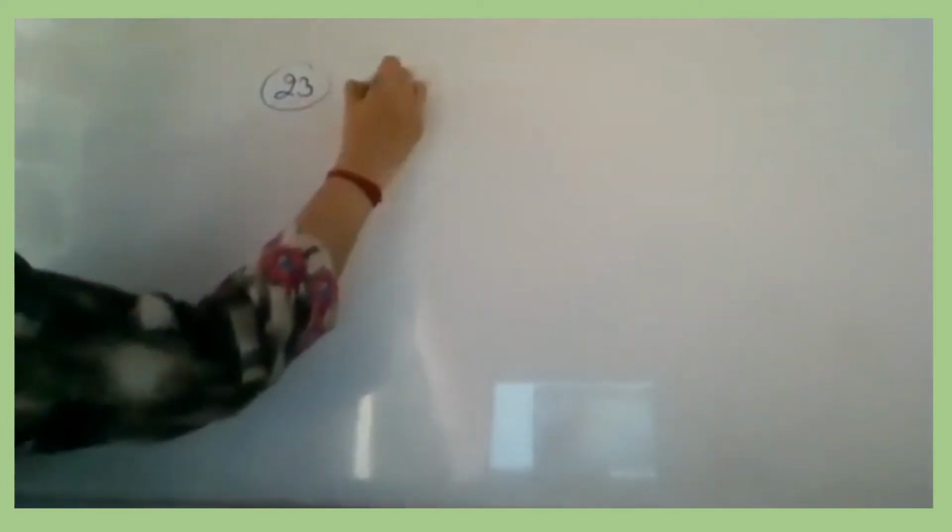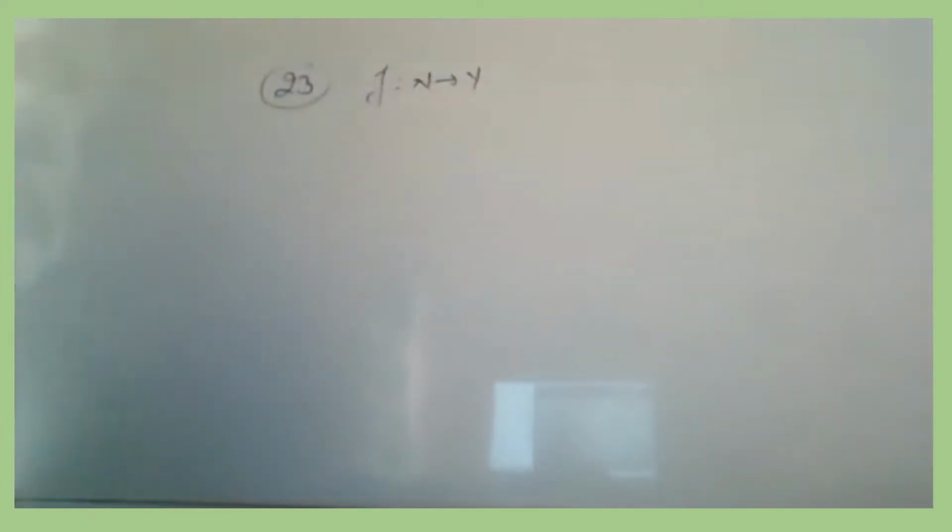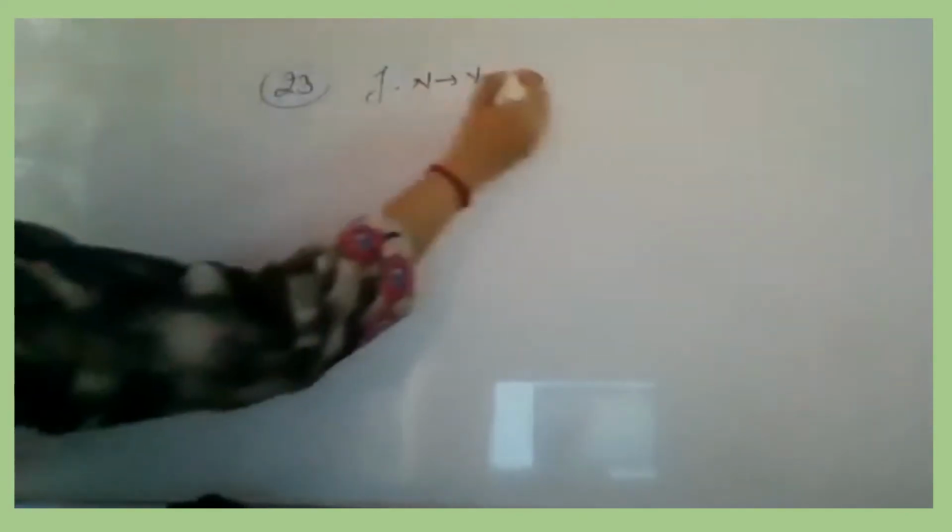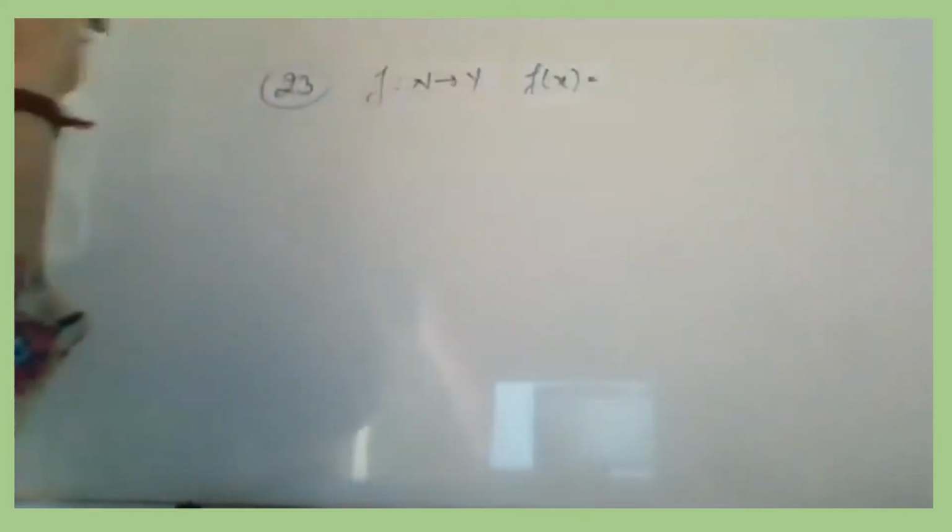Now we'll move on to the problem related to this invertibility. Again, important, invertible. In that, example 25 is very important, because normally for 6 marks they will use this type of problem. They always ask the quadratic form for 6 marks. The rest, which will be linear, will be asked for 4 marks. Okay, to check invertibility or to find it out, they will ask such types of questions. So example 23: let f from N to Y be a function defined by f of x equal to 4x plus 3.